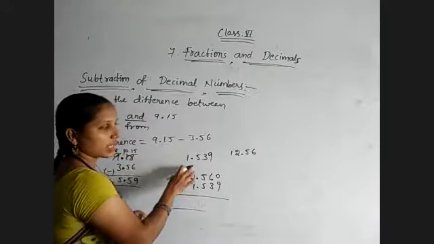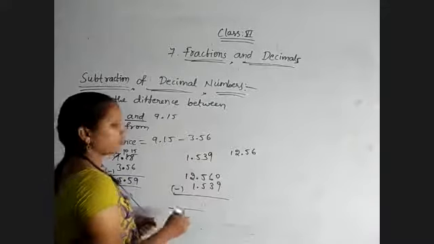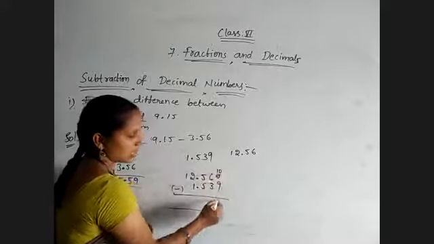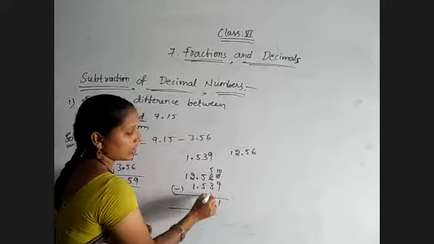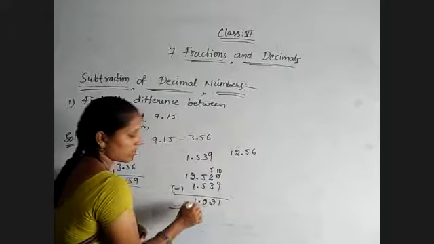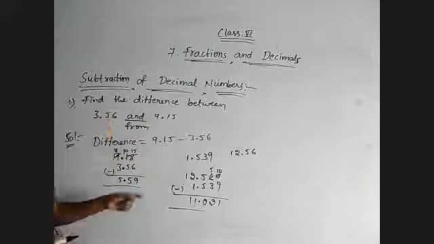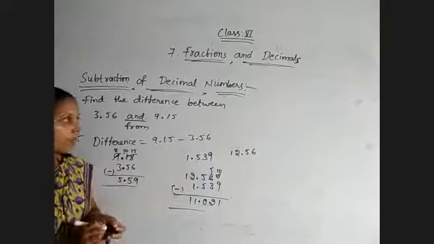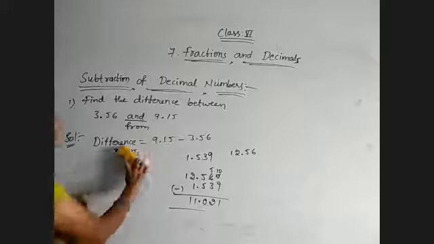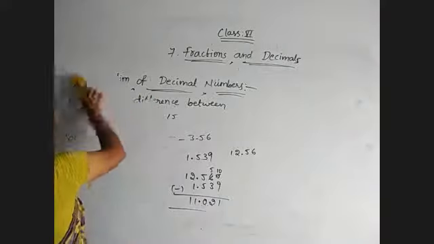Compulsorily we must convert unlike decimals to like decimals just by adding zeros when performing subtraction. Now 0 is lesser, so take the borrowing. 10 minus 9 is 1. Here it is 5, 5 minus 3 is 2, 5 minus 5 is 0, 2 minus 1 is 1 and 1. So 11.021 is the difference between these two numbers. Now coming to the example problems. When word problems are given, how do we identify whether it is addition or subtraction?